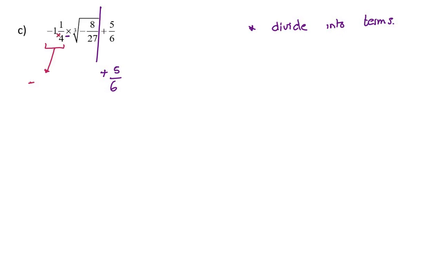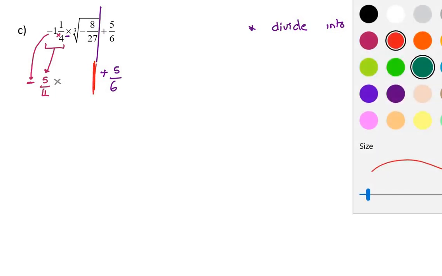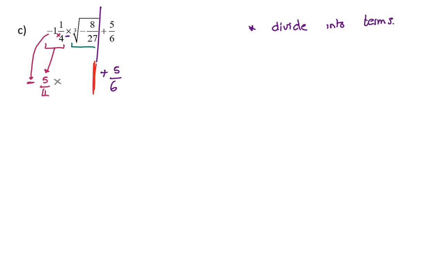So 1 times 4 is 4, plus 1 is 5, so this is 5 over 4. Don't forget that that negative doesn't play a role, it just kind of hangs out the front. Now I'm multiplying by the second part of this term, so I'm still going to divide into terms, and the second part of this term is a root. Now if you don't like roots, you can always cheat on your calculator, but the cube root of negative 8,